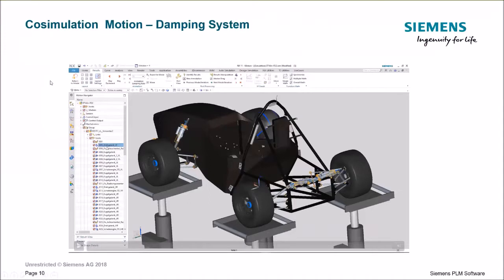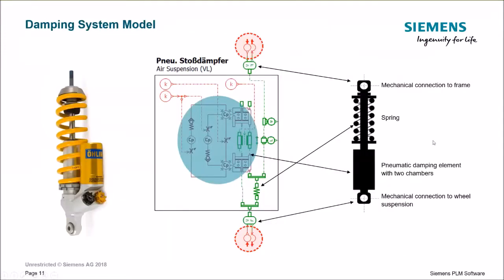Interesting is also to mention that this kind of motion modeling can be expanded by applying systemic models of specific parts or specific devices in the car. An example here would be this damping system that is not modeled using explicit geometry within your motion or multi-body analysis, but is rather done using a system-level model,